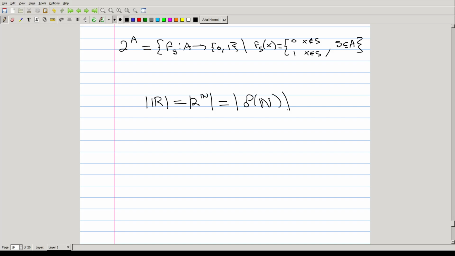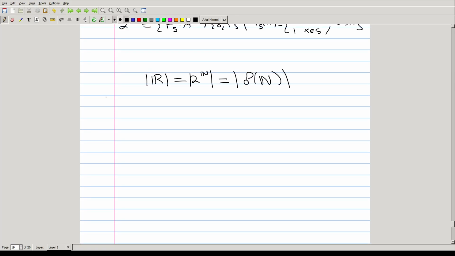constructing an explicit bijection between sets is not a nice thing to go about and do. So in order to get at this result that these cardinalities are equal, or that each one of these sets are set theoretically isomorphic, you use what's called the Schroeder-Bernstein theorem, sometimes called the Cantor-Schroeder-Bernstein theorem,